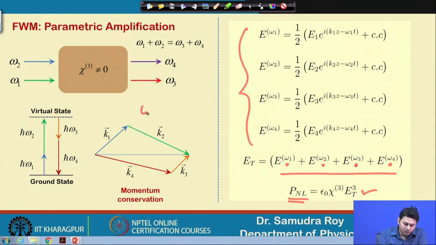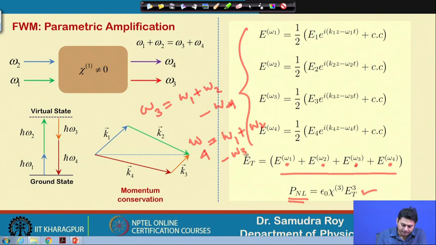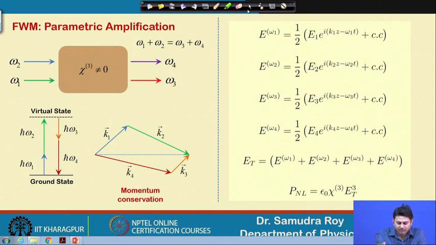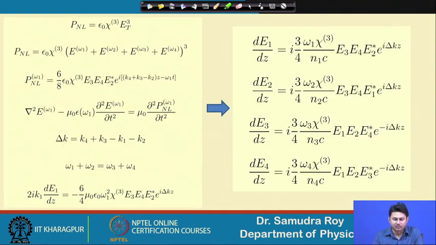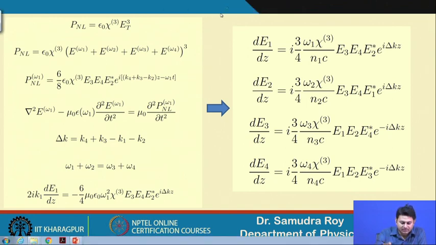If I do, then quite easily I can say omega 3 is omega 1 plus omega 2 minus omega 4, and omega 4 is omega 1 plus omega 2 minus omega 3. The structure is again these crosstalk frequencies, omega i plus omega j minus omega k, where i, j, k are not the same. So, next let us see how these things work.